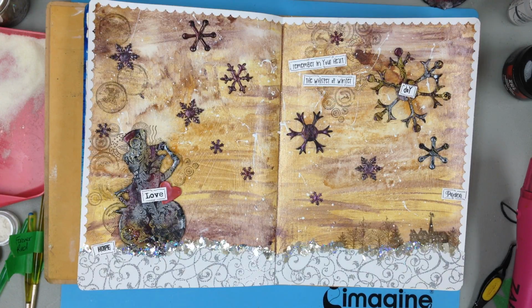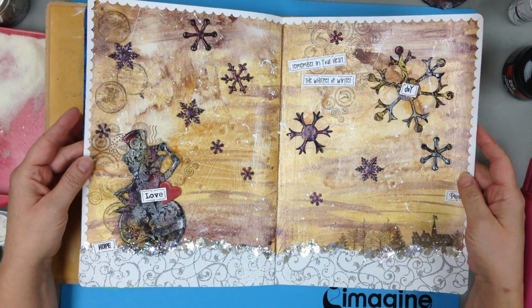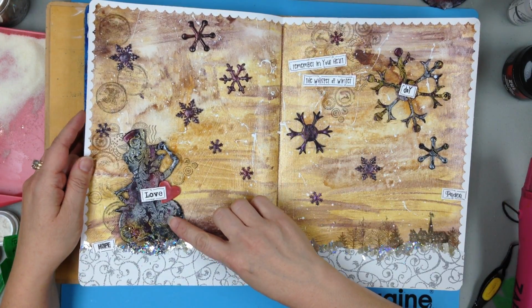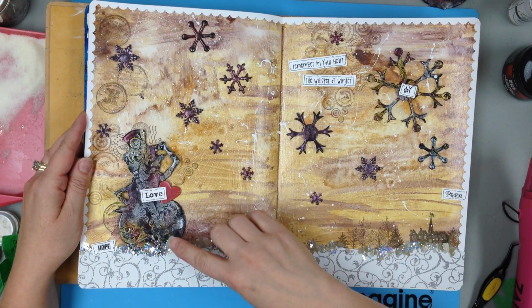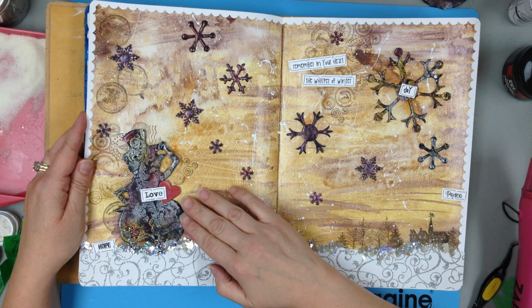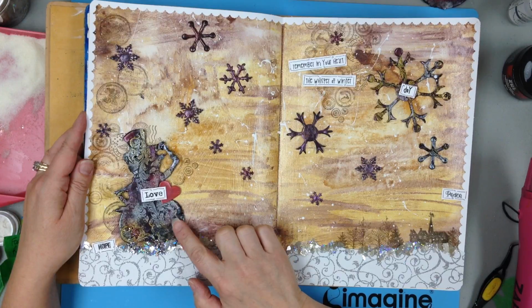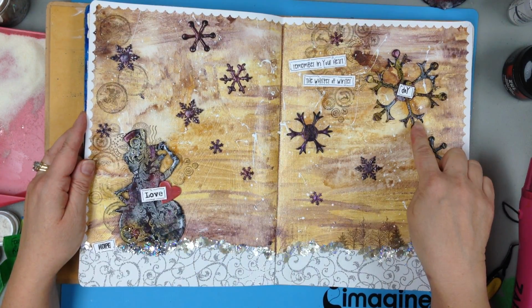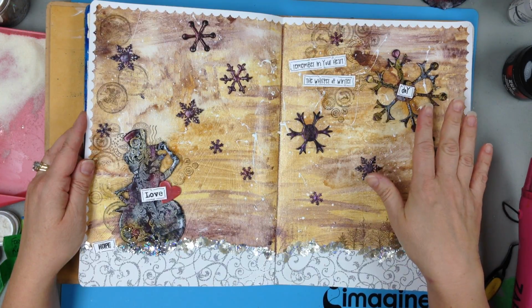Hey, I wanted to show you a really cool technique that I was teaching the ladies in my art journal club. This was our art journal page for this month, and on here we're doing this technique with the black cutout snowman. Then we're using UTEE, perfect pearls, and gold and silver ink. And I just love the way it turned out, and so I wanted to quickly share with you how to do that technique. So I did the snowman and I did the snowflake,